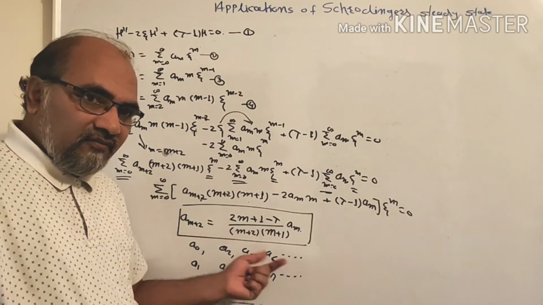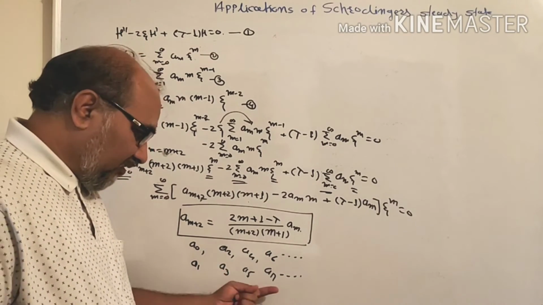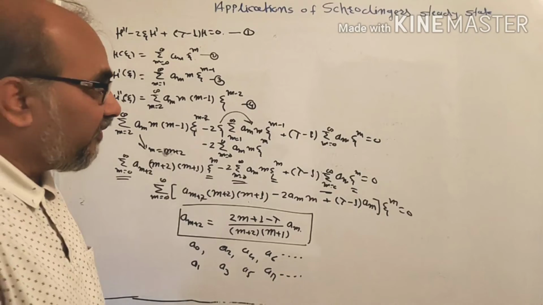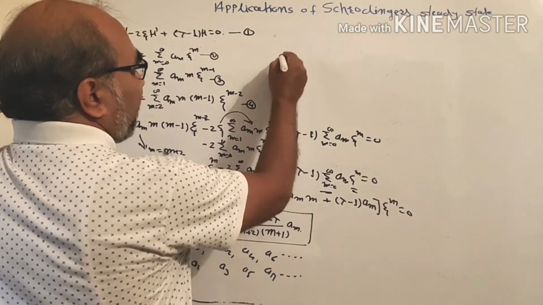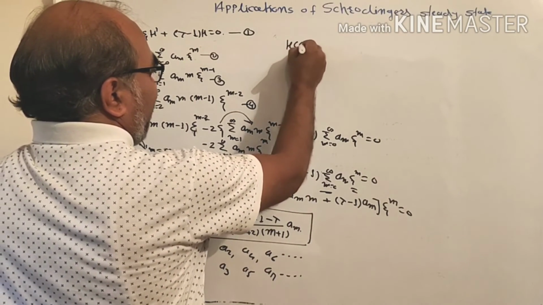So all the even terms and odd terms of the power series can be found out, and from that h of zeta